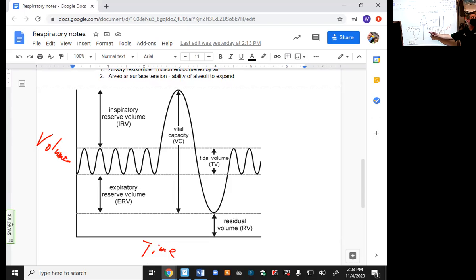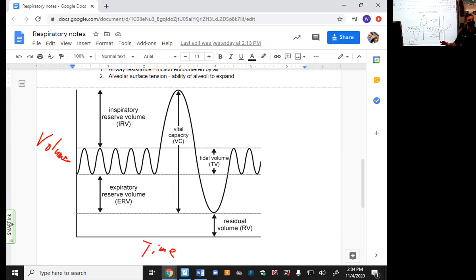Then once you get this nice, pretty tidal volume, what did the doctor say right here? Big deep breath. Take a big, nice, deep breath as much as you can. You get your inspiratory reserve volume, the leftover space in your lungs where you can breathe more in. Then the doctor said, breathe out as much as you can. You have your expiratory reserve volume. You always have more you can breathe out. You always have more than you can breathe in.